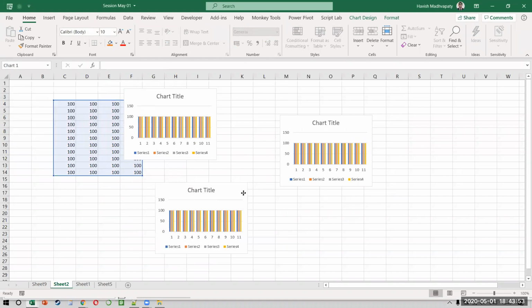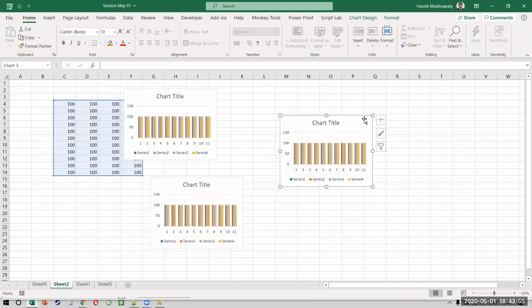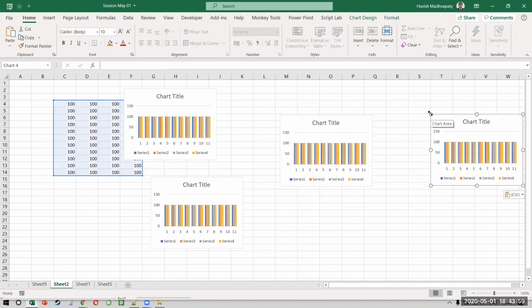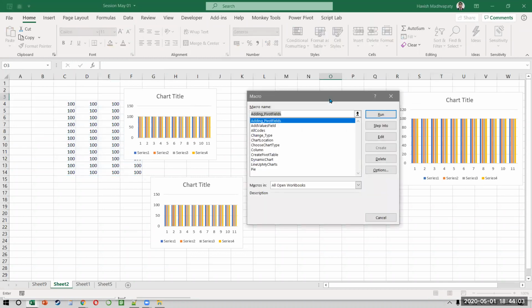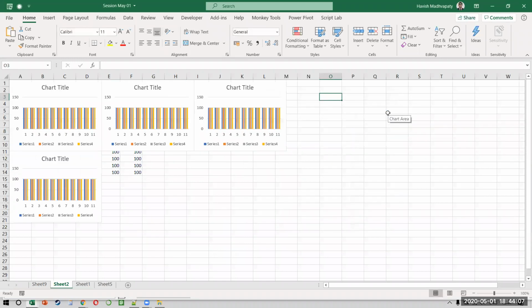And the problem is that it's very irritating because you will have to go one by one, and of course align all of it. The size and all will have to be changed. What do you do? Simple code. I did not even make any changes to it. You say line up my charts, click on run. In one click, all the size becomes equal and they get aligned properly. How much better can it get?